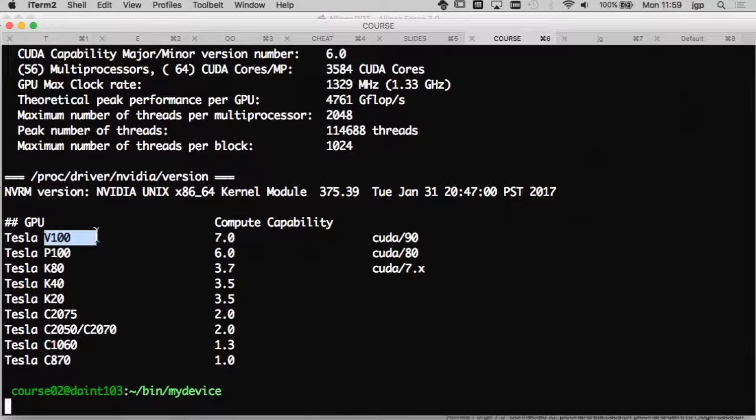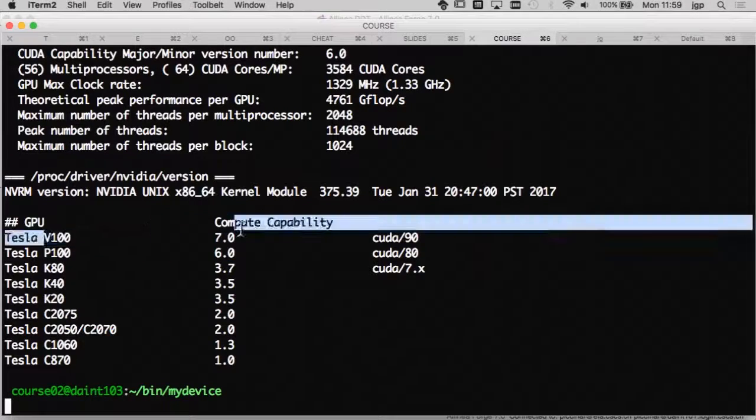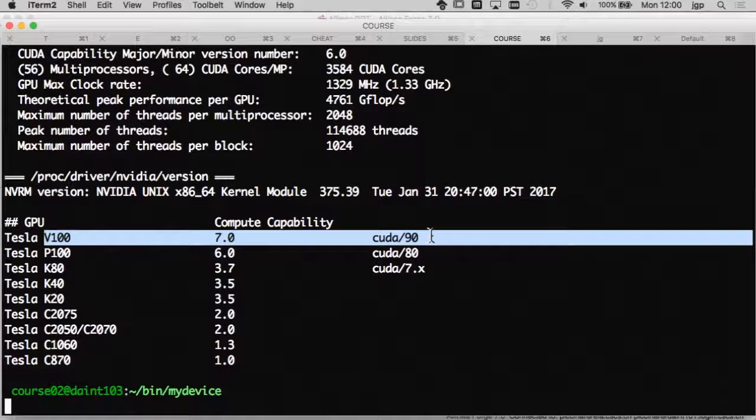And the next generation, the Volta GPU, will be based on CUDA 9. So be sure that the version of the CUDA toolkit you use corresponds to the GPU hardware that you have.